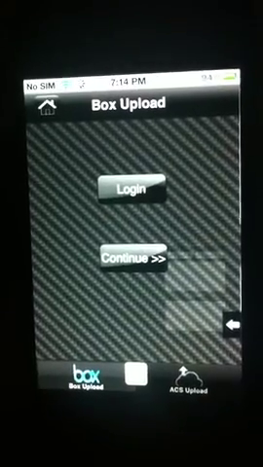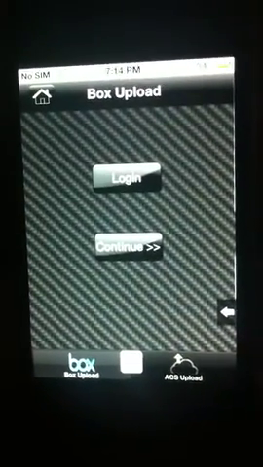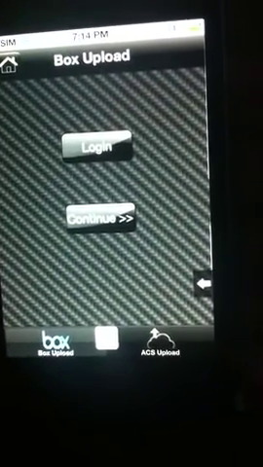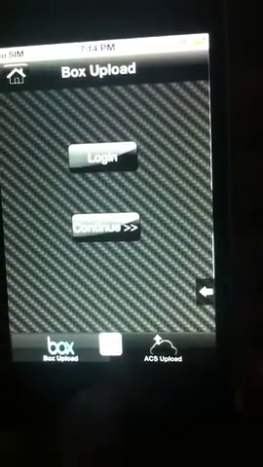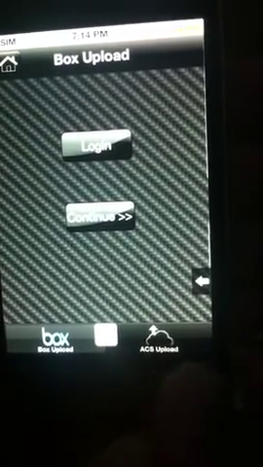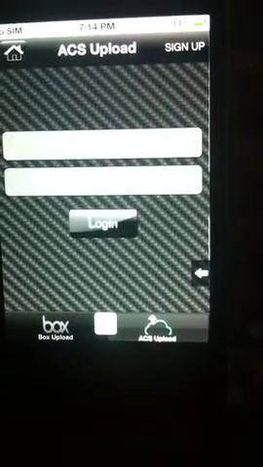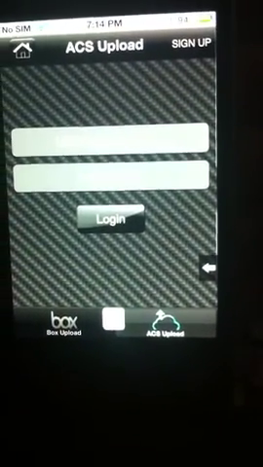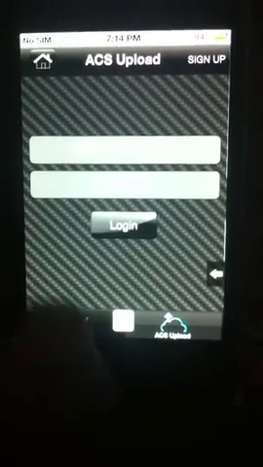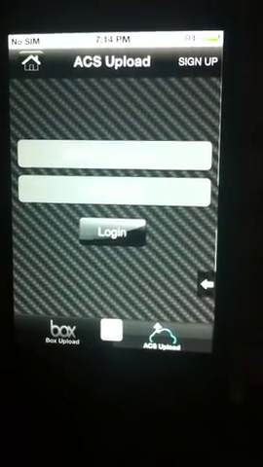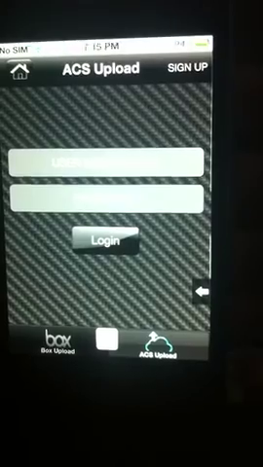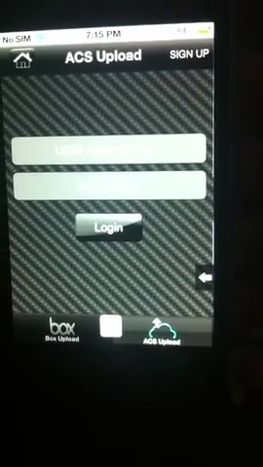I just opened up the cloud view, the uploader, where you can see right now the Box upload data view, and just right side of this there is another tab for ACS. So where you can have ACS Accelerator Cloud Services. Here you just have to log in by putting your credentials, your username or email ID and the passwords. If you have, it's fine.